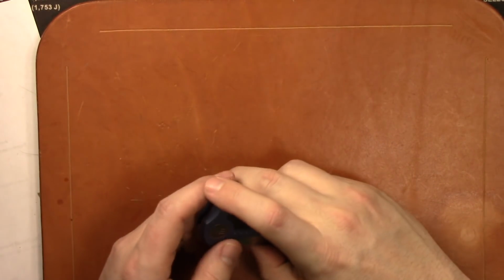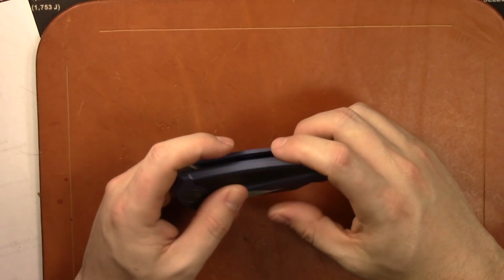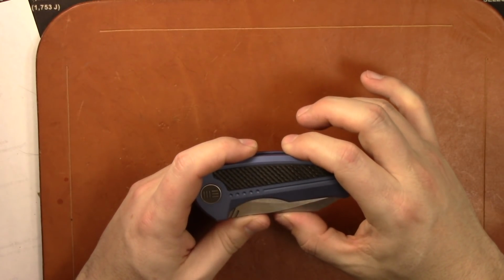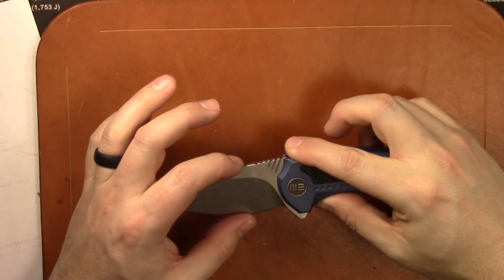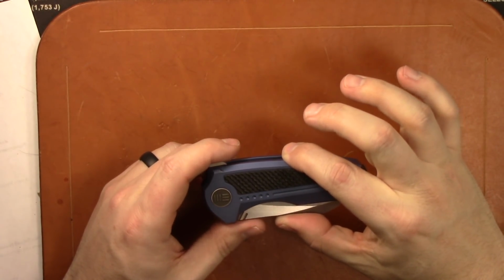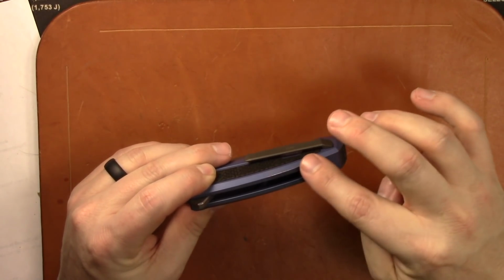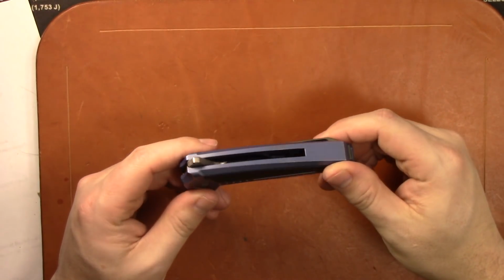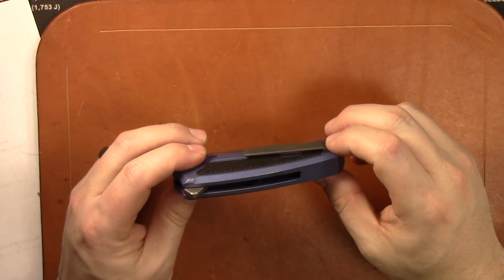Your handle length is 4 inches with a width of, like I said, 1.375 here. And, oh, excuse me, I said the blade width earlier. Sorry, that was wrong. The blade width is 1.25 inches, so it's pretty wide. The handle is 1.375. And you're 0.64, so you're over the half-inch mark, so it's pretty chubby. And your weight is 5 ounces, so it's definitely a chubby, stubby, overbuilt knife, kind of reminiscent of the Spyderco